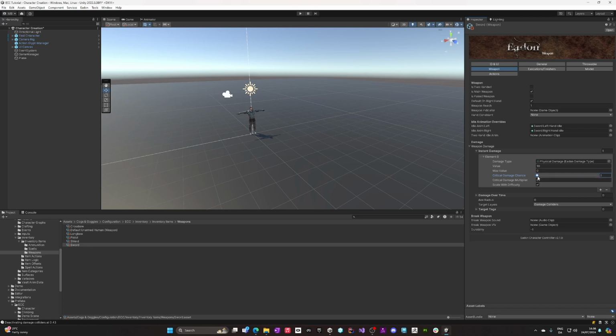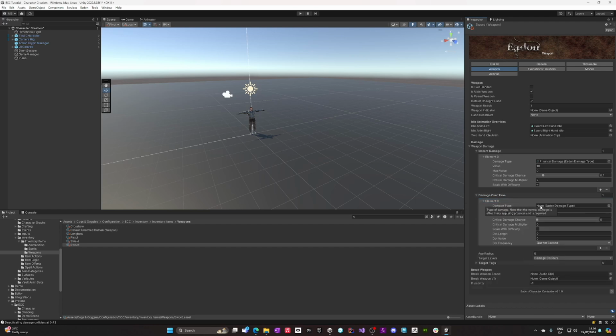And if you deal critical damage, because let's say you put 10% chance of critical damage, if you do critical damage, then you deal double the damage. We'll get to this scale with difficulty later when we get to the combat tutorial. Then you can have damage over time. And for example, this particular weapon could cause